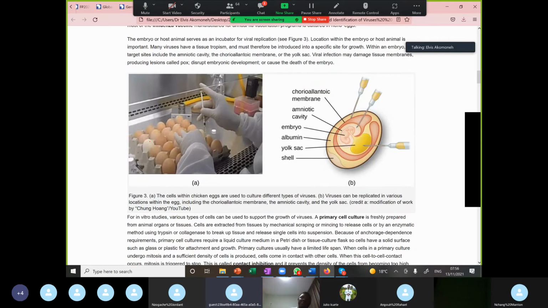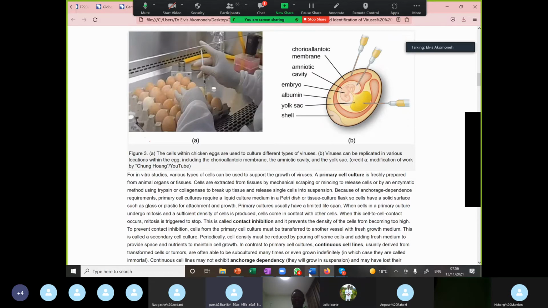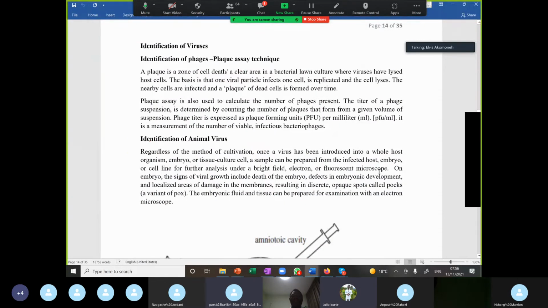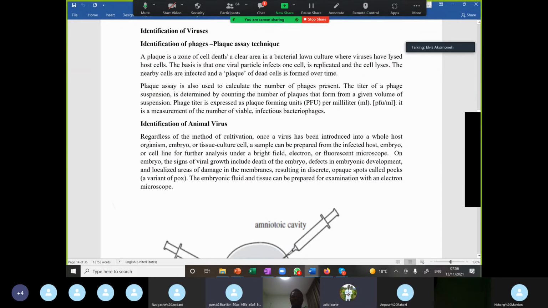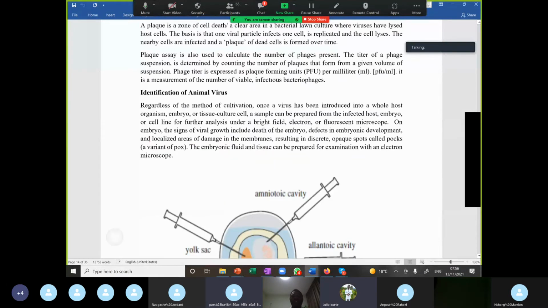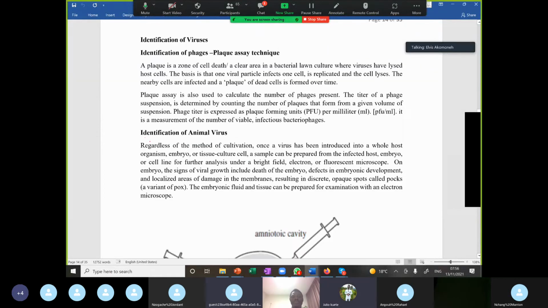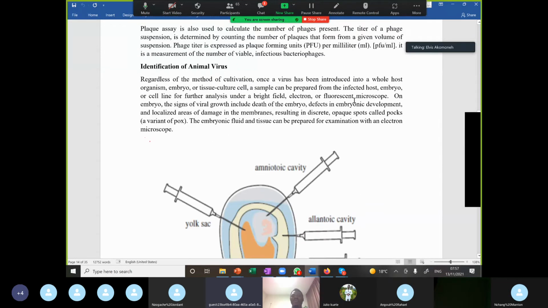For egg embryo, we infect, as I indicated, we inoculate the virus into a specific region on our egg, and we can observe for signs of viral infectivity. These signs could include what? These signs could include death of the embryo,